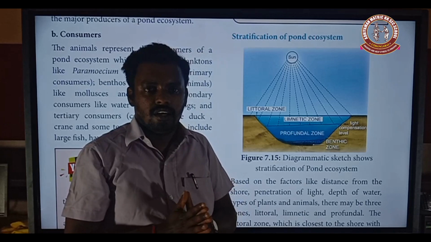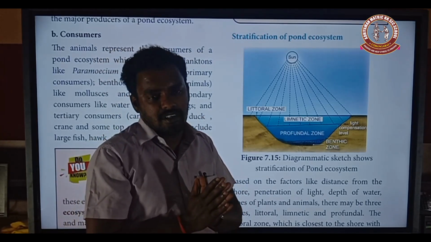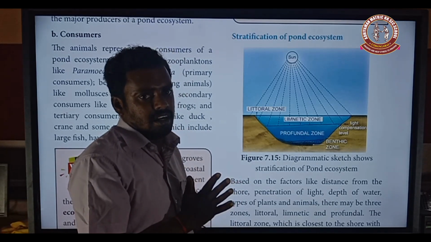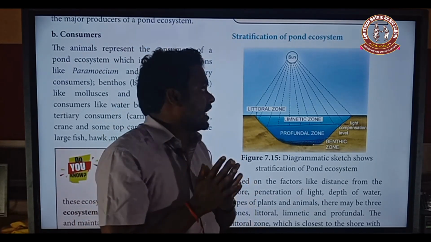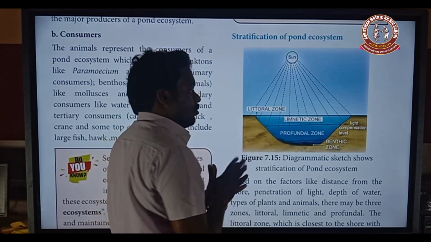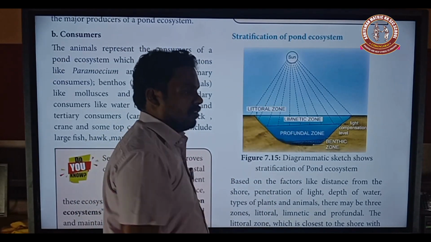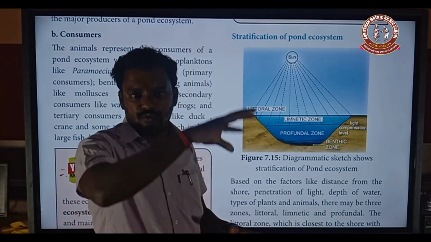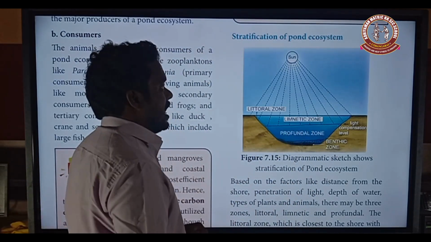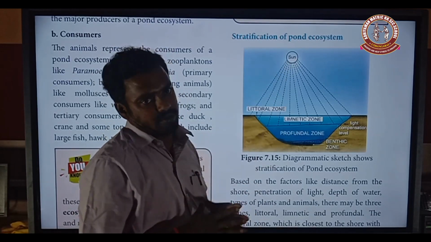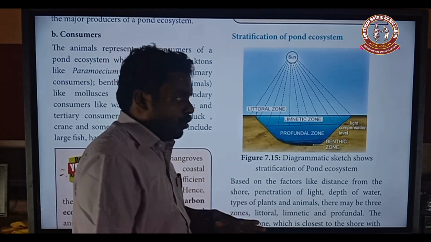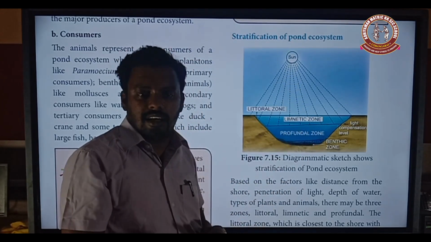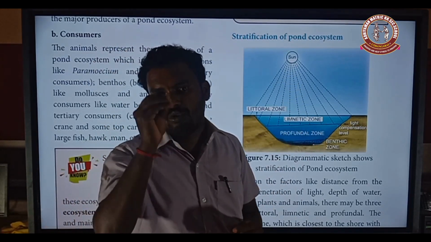There are 4 zones present in the ecosystem. The first one is the littoral zone. The second one is the limnetic zone. The third one is the profundal zone. The last one is the benthic zone. So these are the 4 different types of zones present in the pond ecosystem. Then how are these 4 zones or layers classified? It is based on